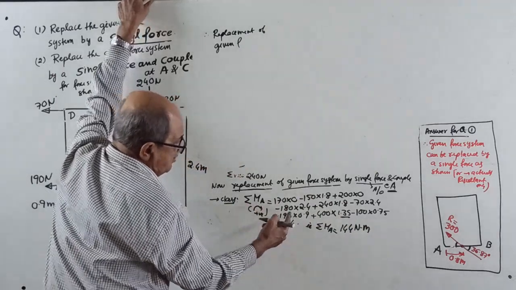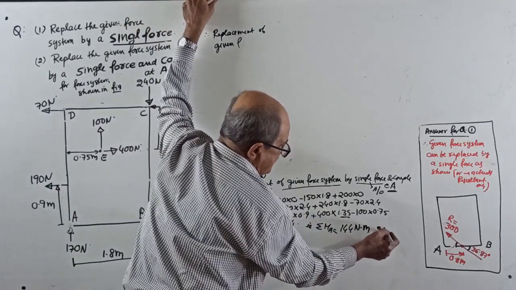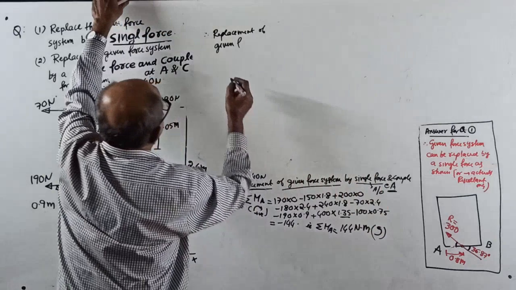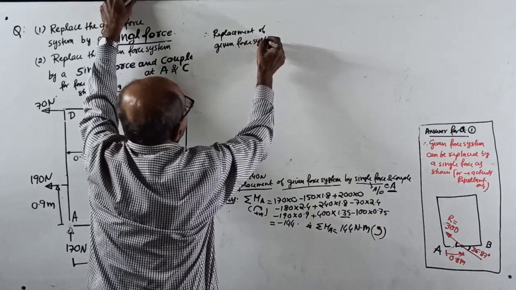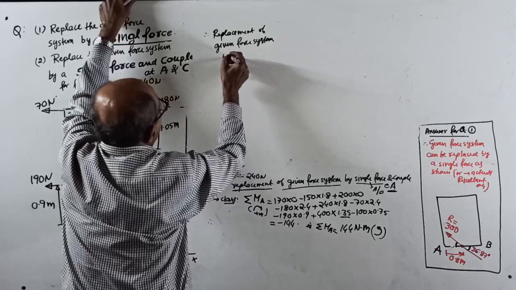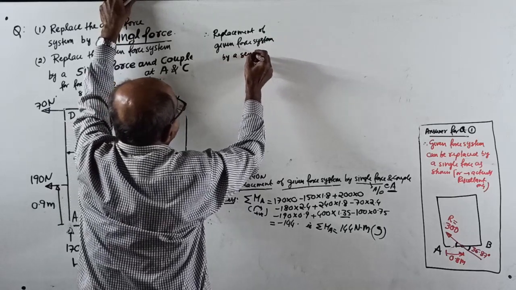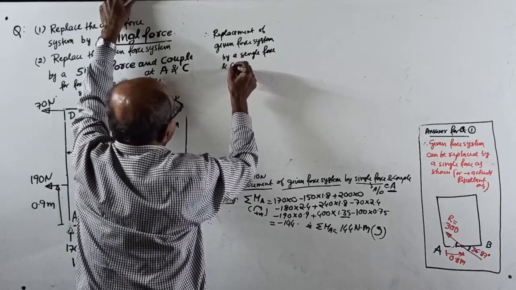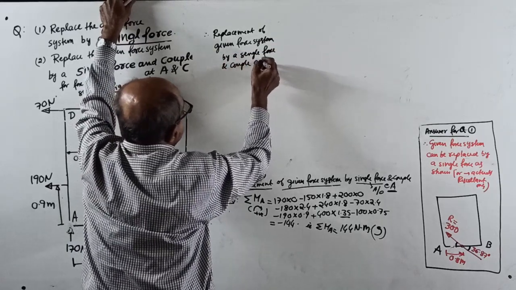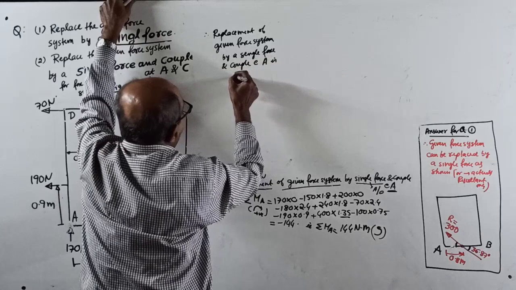Anti-clockwise positive, negative came, so it is clockwise. Now, replacement of given force system by a single force and couple at A is as shown